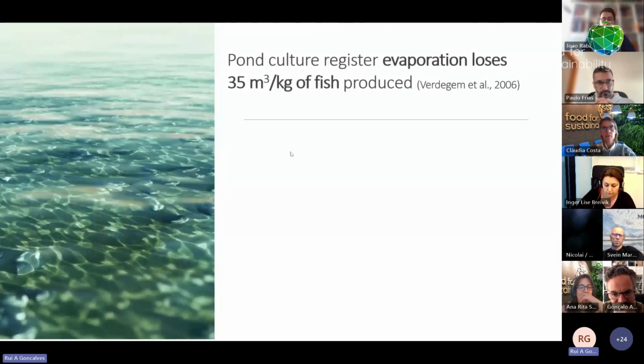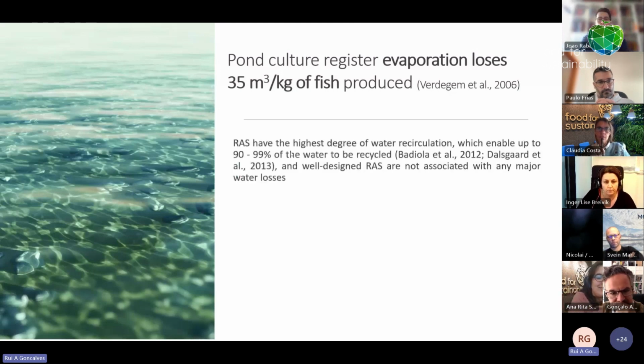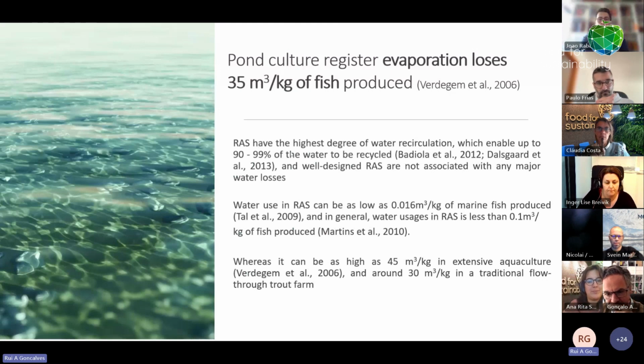So another thing that is very important on the farms is water evaporation. And water evaporation in this region is quite high. It's estimated to be around 35 cubic meters per kilogram of fish produced. And this is quite high. And farmers do look for ways to reduce this water evaporation, and of course the RAS system is one of the ways,